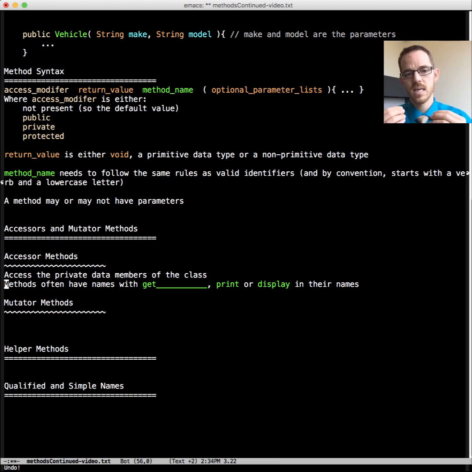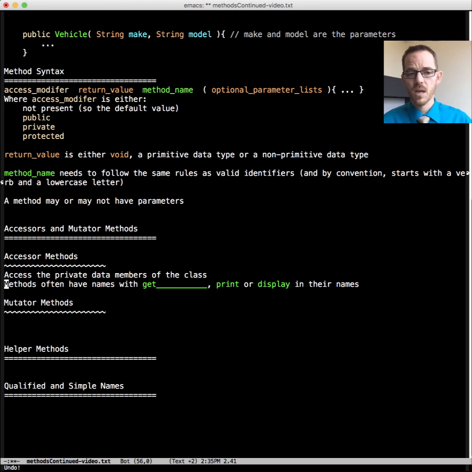Because if the data is private, that means objects outside the class can't access it without going through something like an accessor method. And so that's why they exist, to be able to access the data that way.